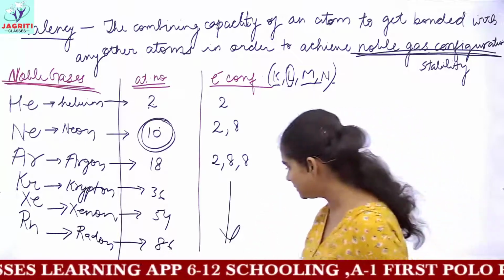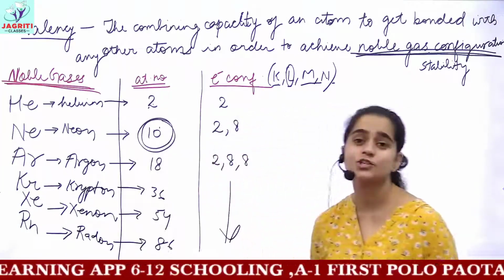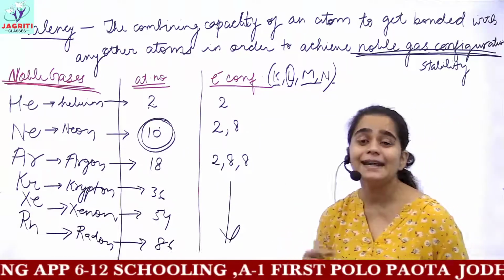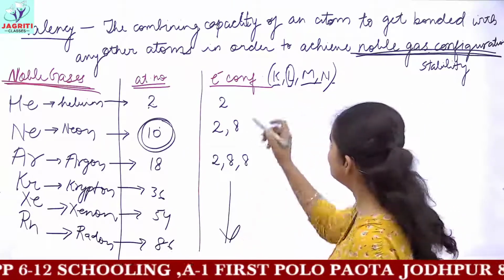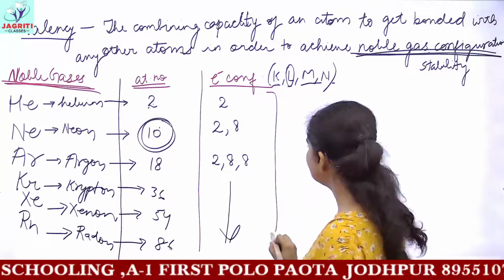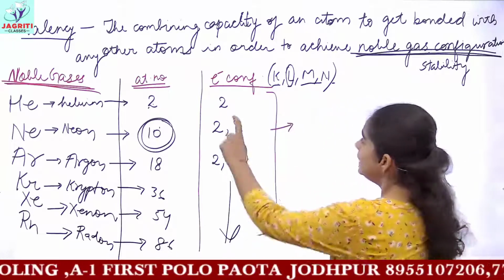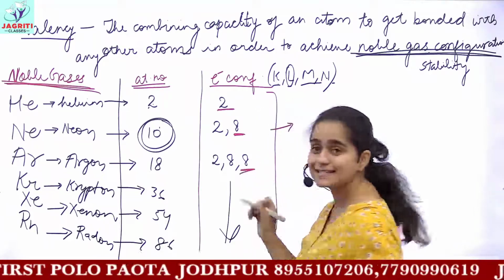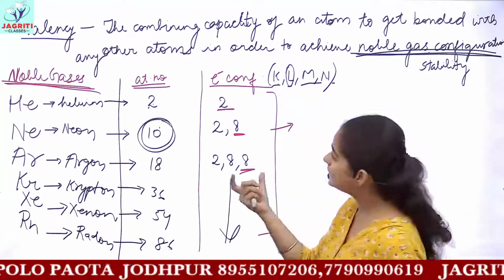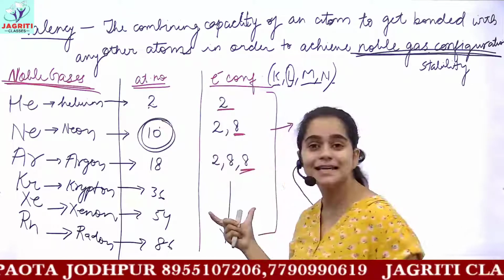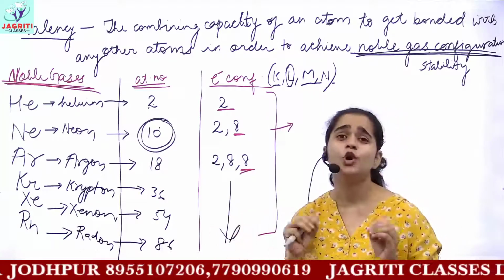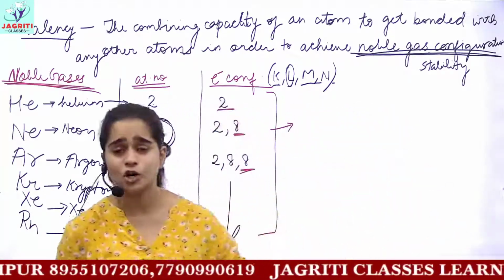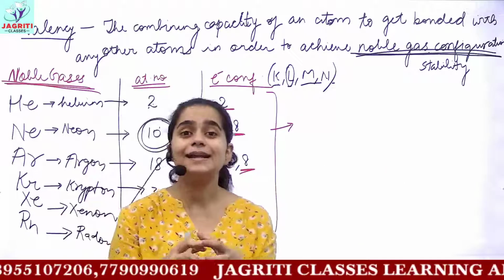So now what pattern can you observe from these electronic configurations? Do you find any similarity? Yes, the similarity between all the configurations is that the outermost shell, or the valence shell, of these gases is completely filled. That is, they are already present in a stable configuration. They do not need to lose or gain electrons, or share electrons, okay?